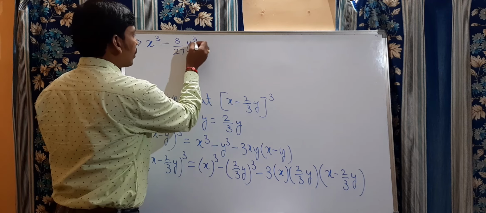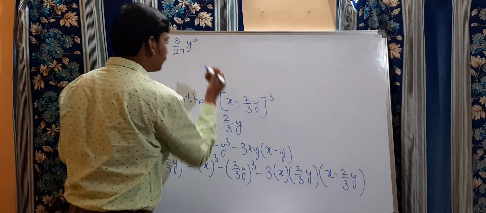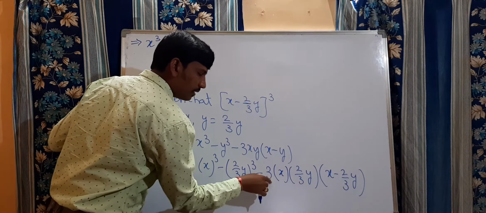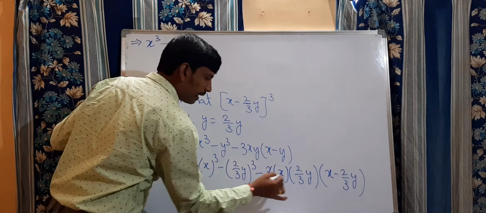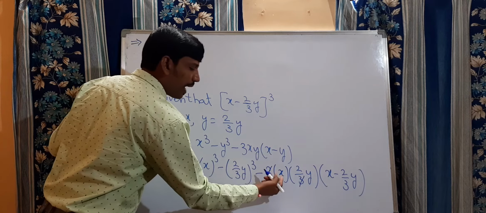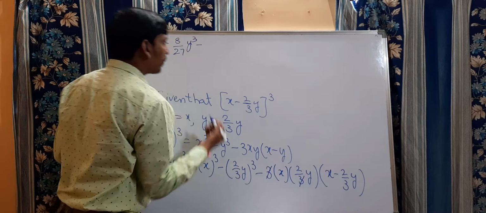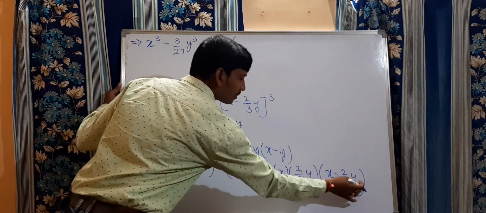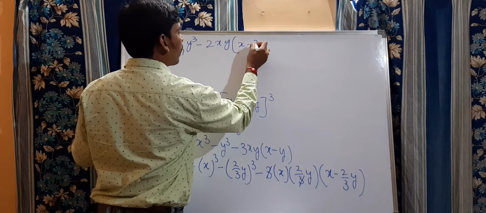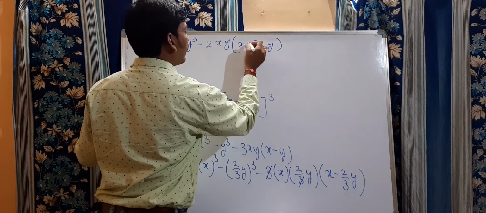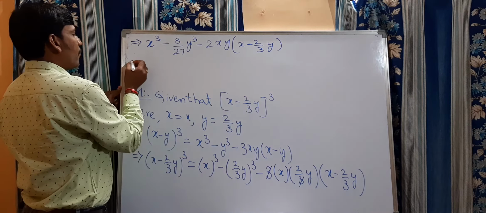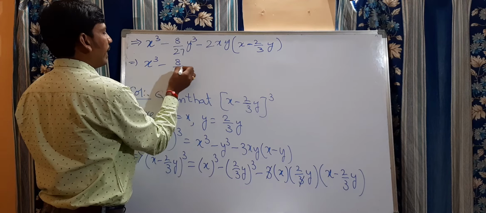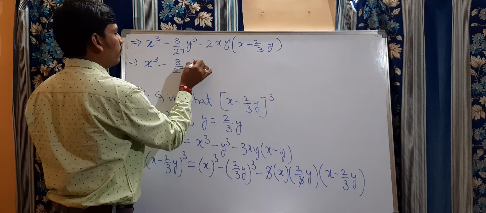Now minus, see this here. This 3 and this 3 will get cancelled. What is the leftover part? 2xy: minus 2xy into (x − 2/3 y). Clear, my dears? Okay. Now, which implies x cube − 8/27 y cube minus,